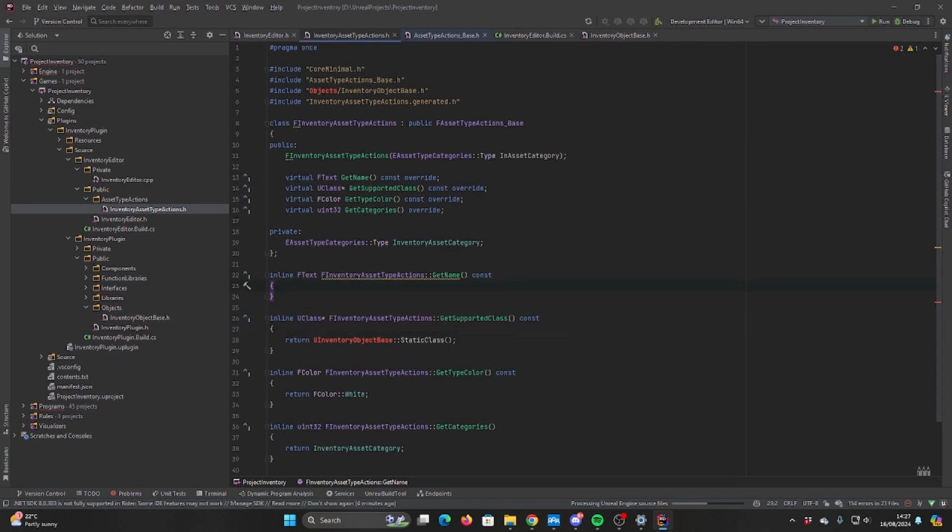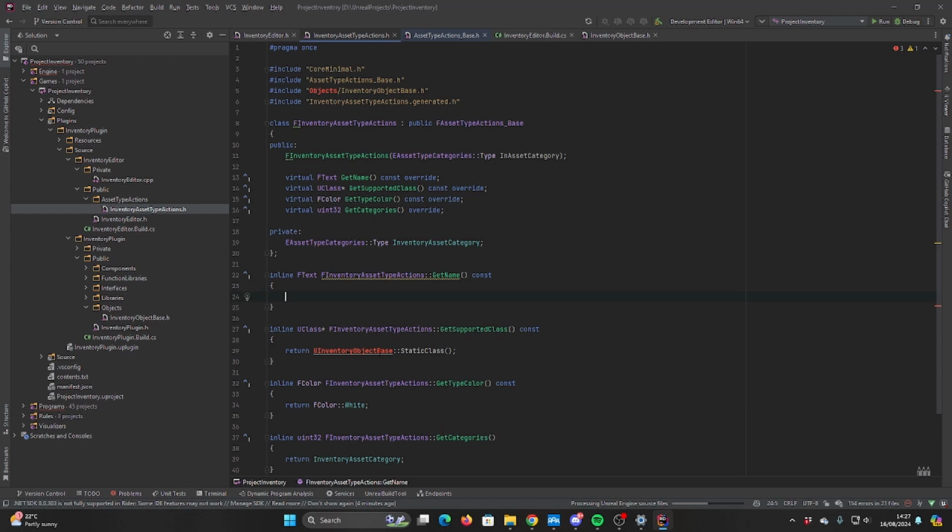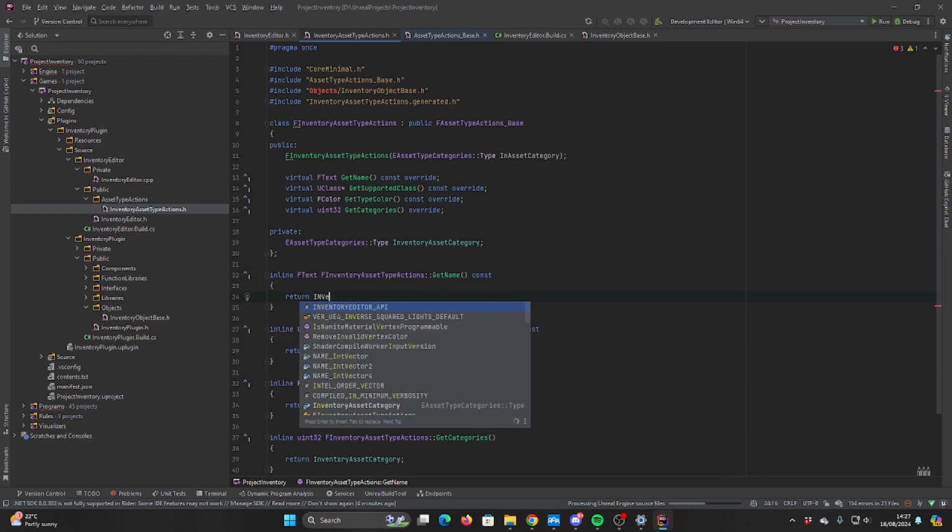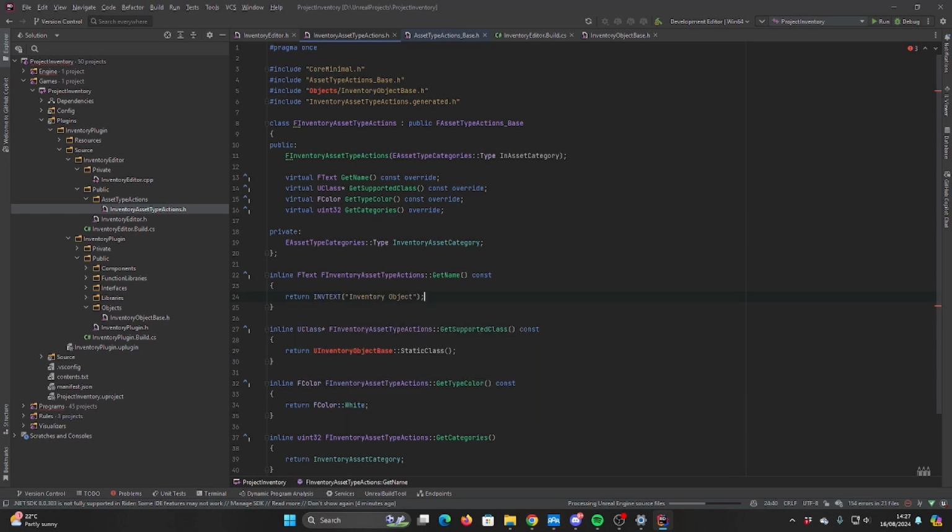And we've included it there. It's in the build.cs. Rider's just complaining at me for no reason, apparently. And get name, we're just going to return the inventory object text. And now if we build and run this,